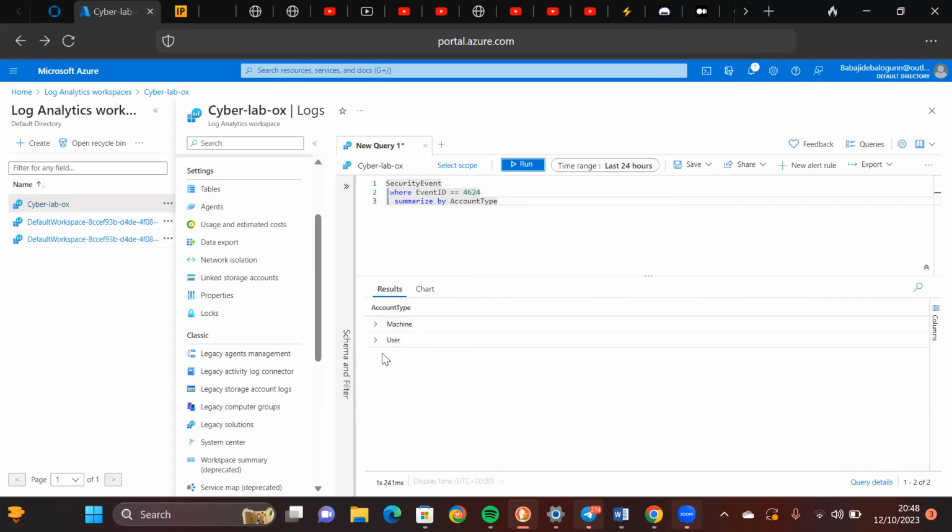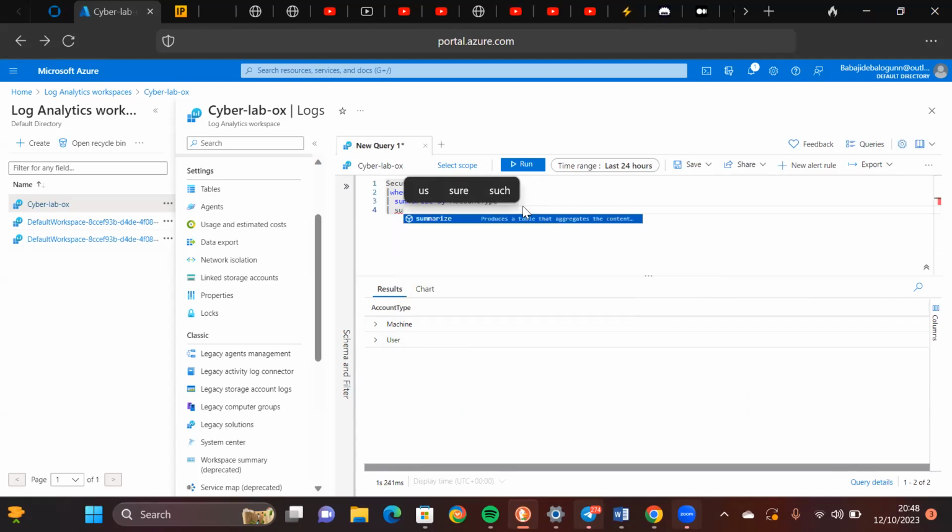So again, you can see, you are going granular now. Then you can say, okay, I want to summarize by. So you can have another table and another line and say summarize by user. So this is just kind of giving you